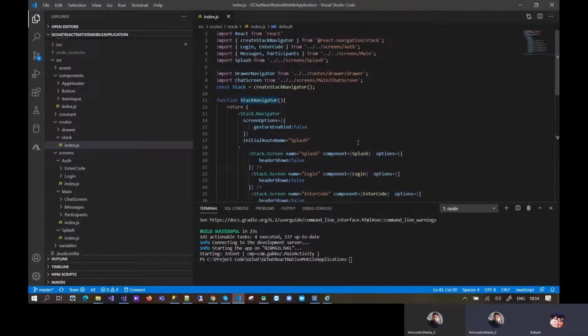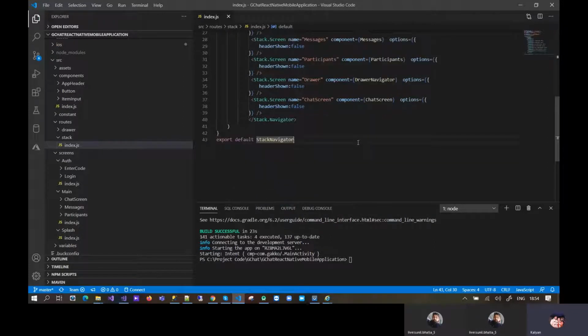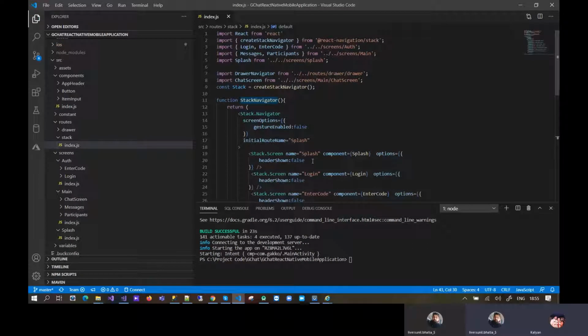Yes, that is there. It was from the previous check-in. Anything extra you added? Yeah, it is updated, I think. Click on stack navigation. It's updated. There is a chat screen. Okay. So it's updated, right? Yeah, updated. Okay, and tell me the next step.